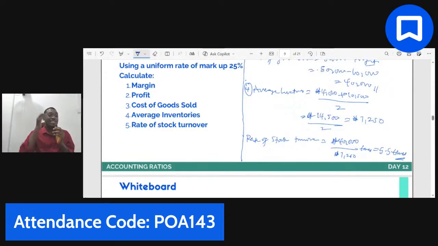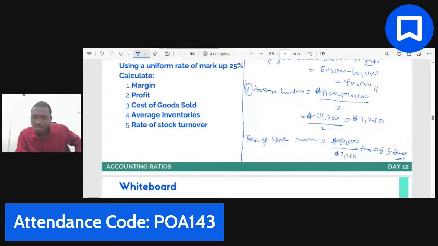It means that in this particular period, we replaced our stock. We replaced it how many times? 5 times. So you see it is measuring the kind of relationship that exists between cost of sales and what? Because cost of sales means that's the goods that you have sold. All right. So we want to see the relationship that exists between those two so that we can know the number of times that we replaced our goods in this particular period. Do you understand that?